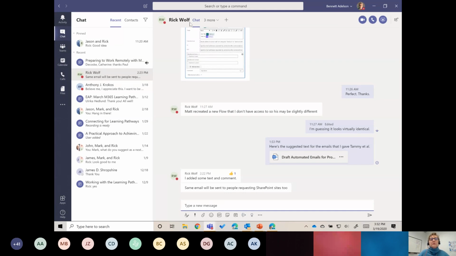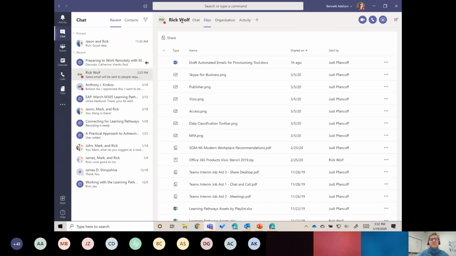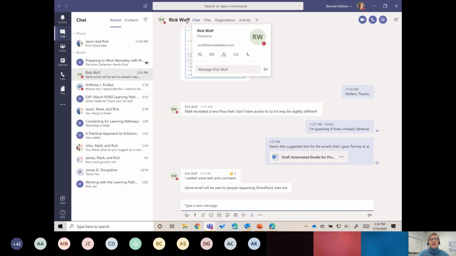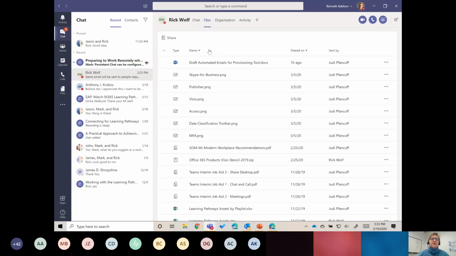I wanted to point out, for some reason Teams keeps collapsing this list, but each chat has a set of default tabs. Every chat has a chat tab, and that's where the messaging takes place. And every chat also has a files tab.